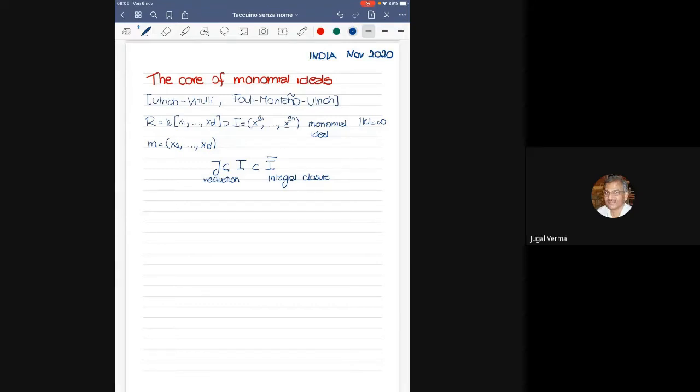Now, even though I is a monomial ideal, I may not have any proper reductions that are monomial or even homogeneous. So immediately, when you consider reductions, you go out of the realm of monomial ideals. However, the integral closure I-bar is monomial. And I-bar is determined by what we call the Newton polyhedron